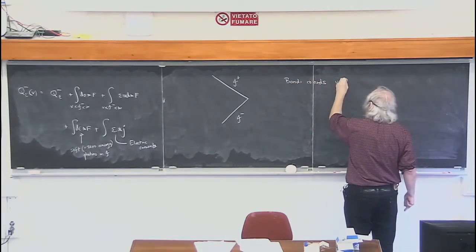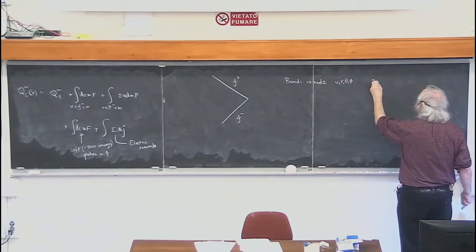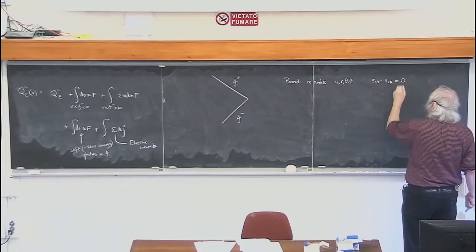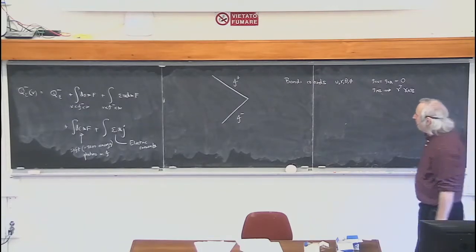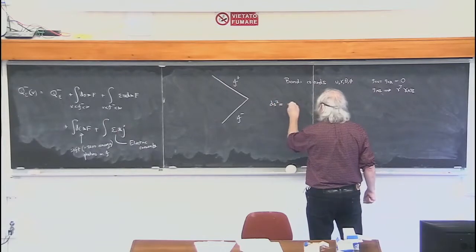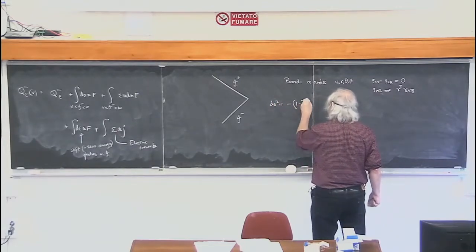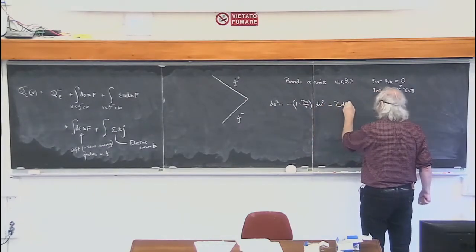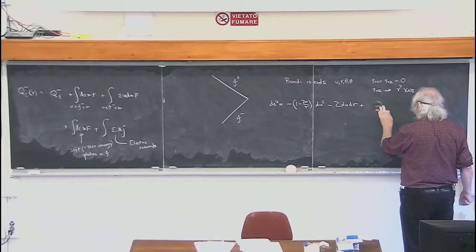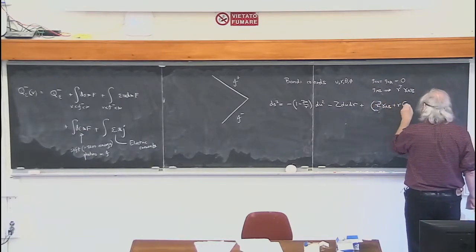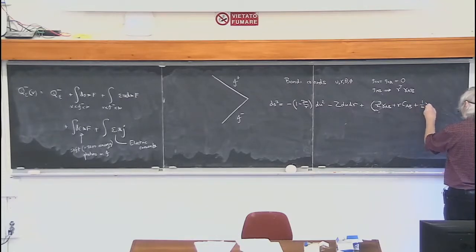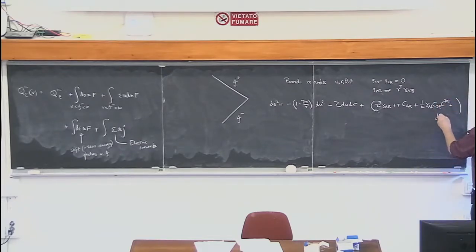These are coordinates u, r, theta, and phi, arranged such that g_rr equals g_rA equals 0, and g_AB tends to r squared gamma_AB, where the meaning of these symbols will become apparent shortly. So the metric is minus (1 minus 2m over r) du squared minus 2 du dr plus (r squared gamma_AB plus r C_AB plus 1/4 of gamma_AB C_CD C^CD plus higher order junk) dz^A dz^B